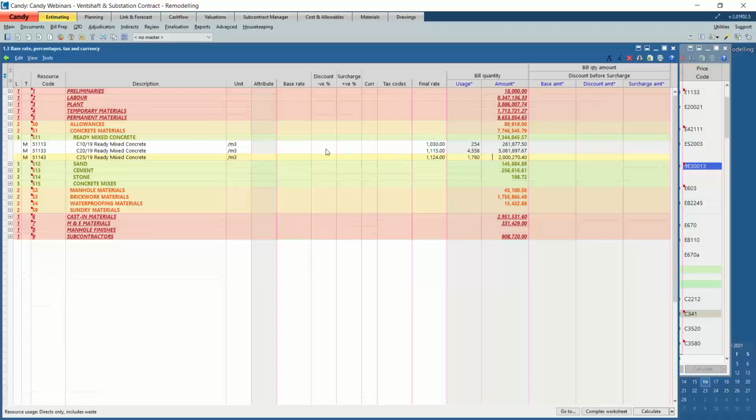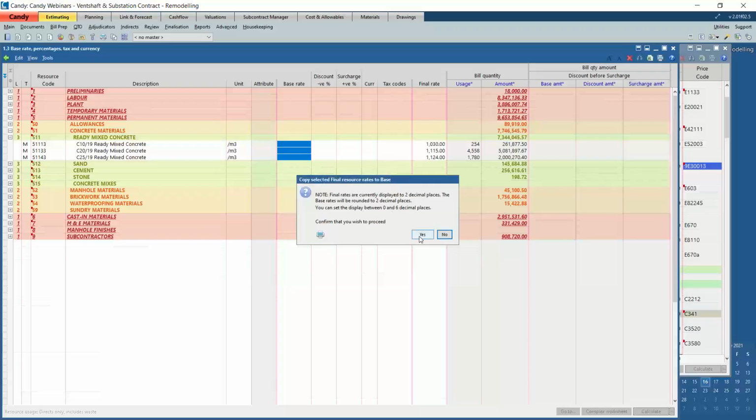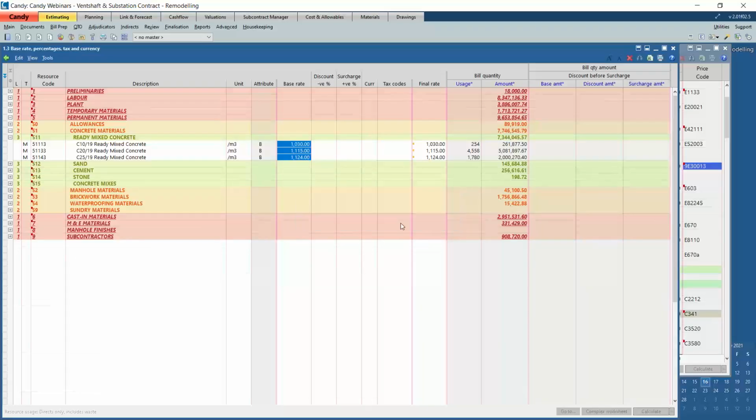So if I were to put a base rate, a base rate can be copied from the final rate, and remember currently the final rate is the one that gets used onto your net worksheet. So I've copied my final rate as my base,